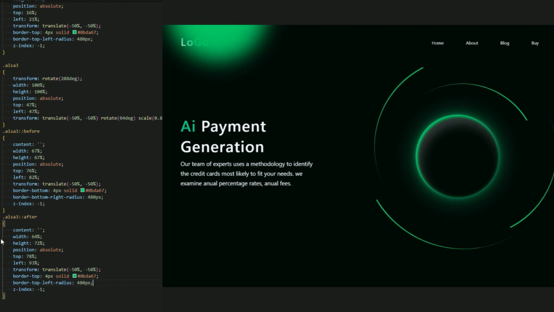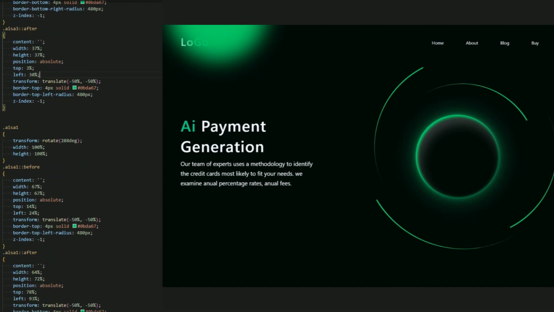Yep, I think this, and let me change this to 30% and the left 30%. Okay, and let me keep the width and height the same for this before, nothing to change. But the after, let me reduce it to 370% and 370%. Here we go. Yep, this is the ASA 3, and the last one is ASA 4.